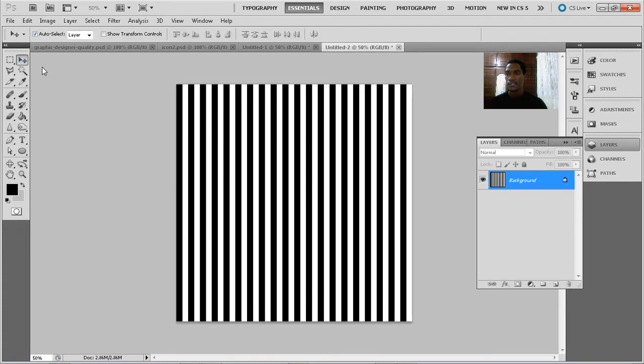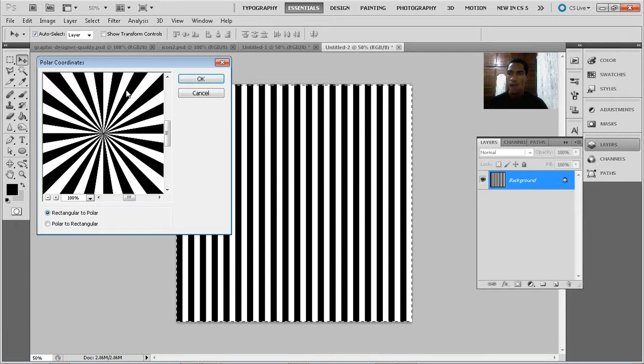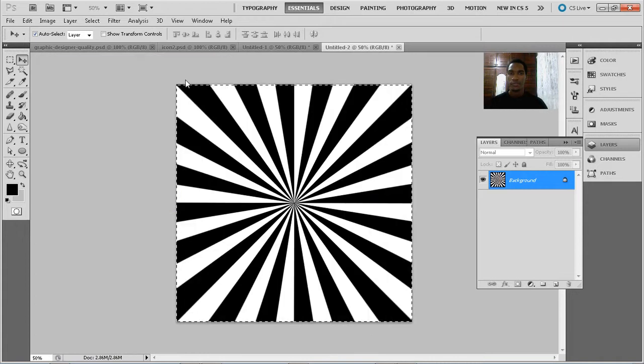That is that. Now select everything by pressing Ctrl A, then Filter, Distort, Polar Coordinates, and you're going to get something looking like this. That's the polar to rectangle. Now here's how this actually works. It's like pinching all of these together to create that center point and then just scattering it all around, giving that circle shape. So press OK. Once you get that done,